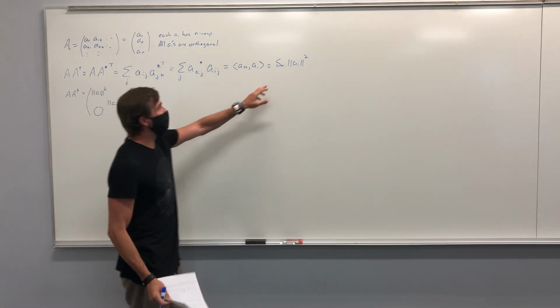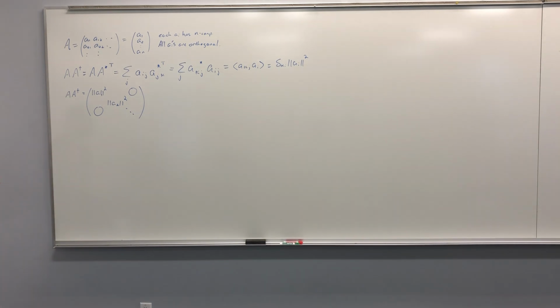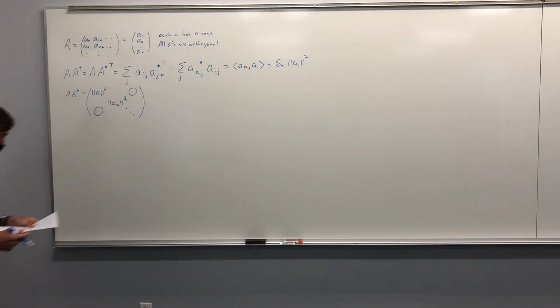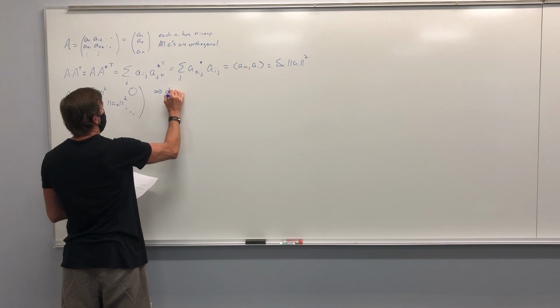Delta ki is just the identity, in a sense. And therefore, of course, the determinant